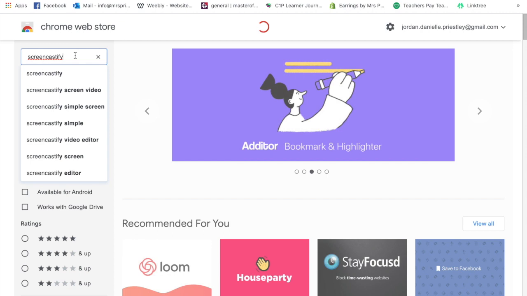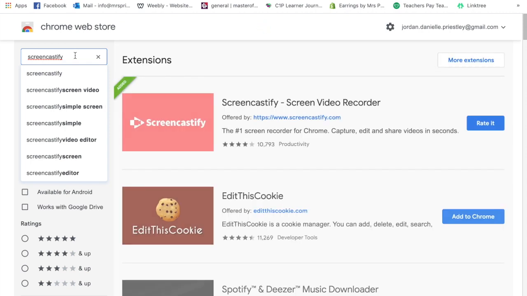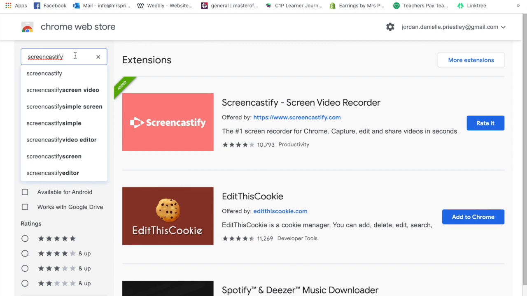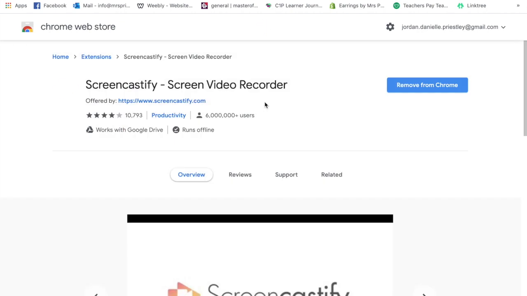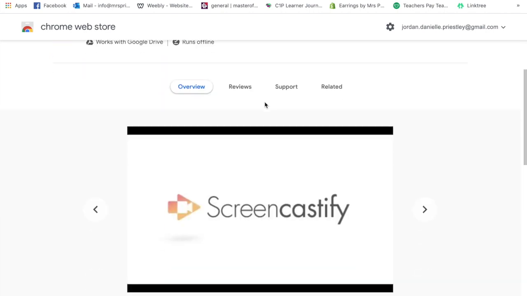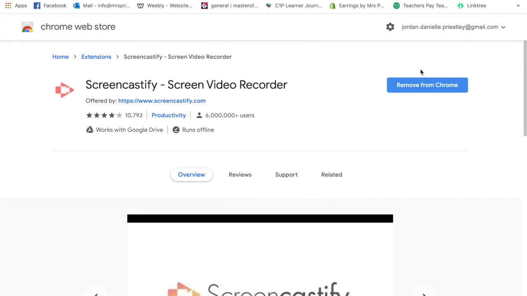There are other things like Screencast-O-Matic, Screen Record. There are lots of different other apps as well, but Screencastify is a really great one for educators and for short little clips that you're wanting to make. It was originally free for longer videos, but then they've made changes and adaptations to their plans, and now it's only 5 minutes. So you would have a view, have a checkout, see if it's what you would like, and then over here